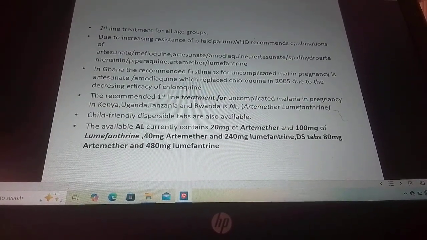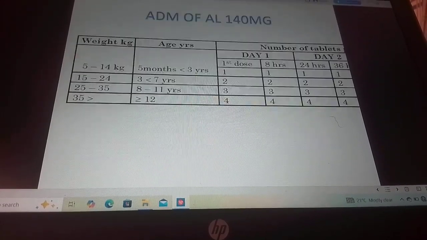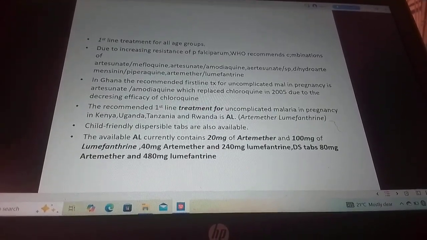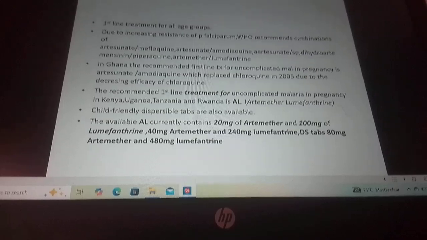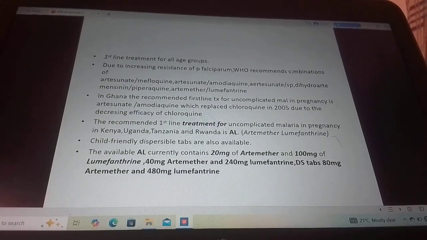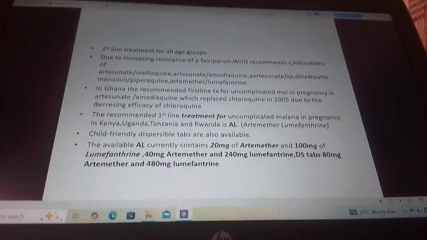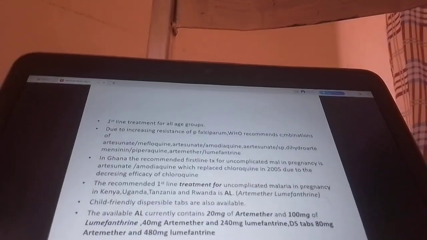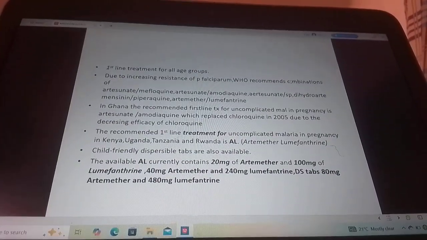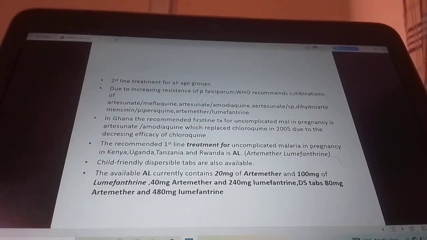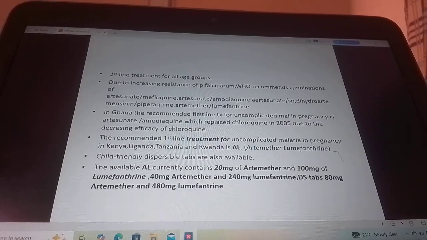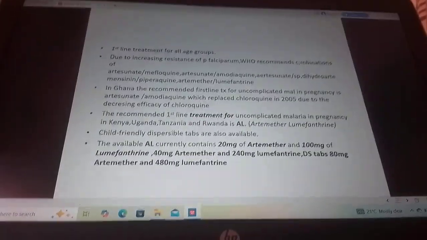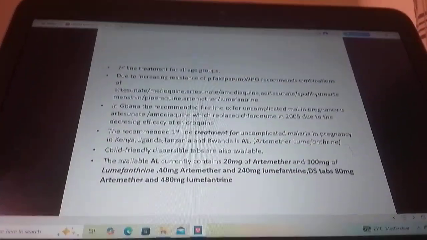So remember, we are saying that the first line treatment for all age groups, let's dissect through it. Now, due to the increasing resistance of P. falciparum, the WHO recommends the combinations. So these ACTs, the artemisinin-based combinations, as recommended by the WHO, we